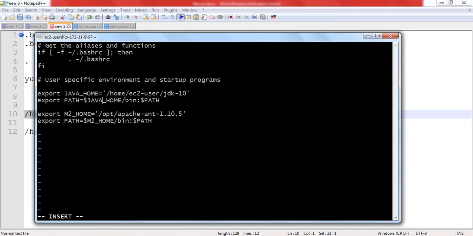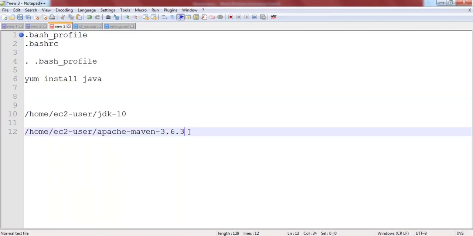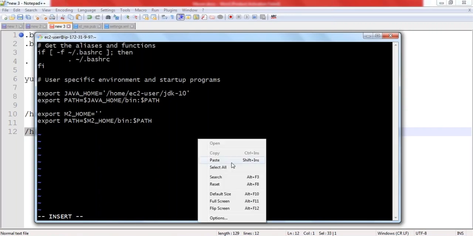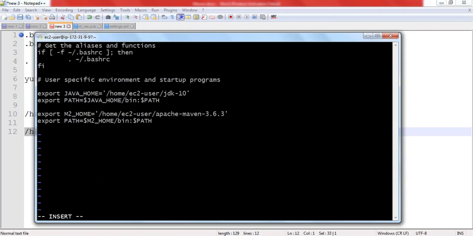Then export M2_HOME. M2 is already available, so I need to change the location to where my Apache Maven is available. Here is the location where my Apache Maven is available. Under this location, our Apache Maven is available, guys. Just save this file: escape, shift colon,